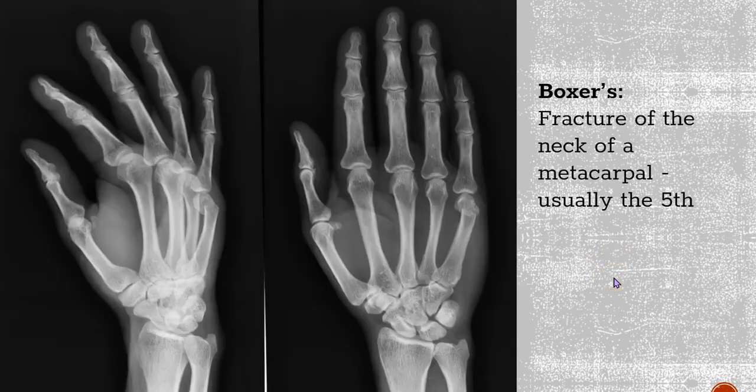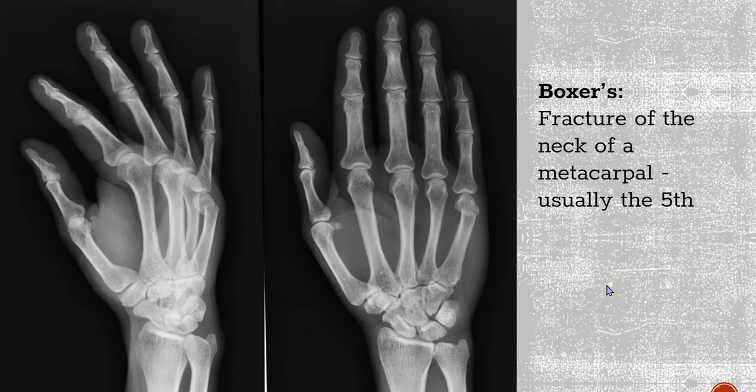A Boxer's. A Boxer's fracture is a fracture of the neck of a metacarpal. So remember, and we just saw this with the Bennett's, the base is here, the body is in the middle, and then the head is more distal. Well, the neck of the metacarpal would be just below that rounded head. Okay, so a Boxer's fracture is when you fracture the neck of a metacarpal, and we see this most often